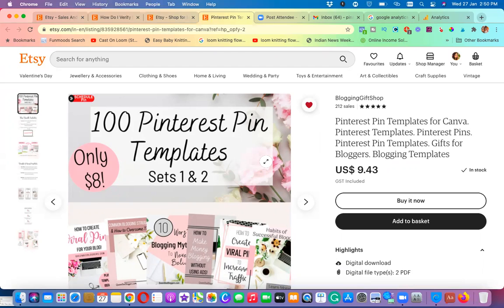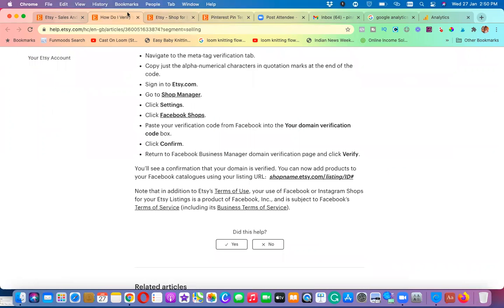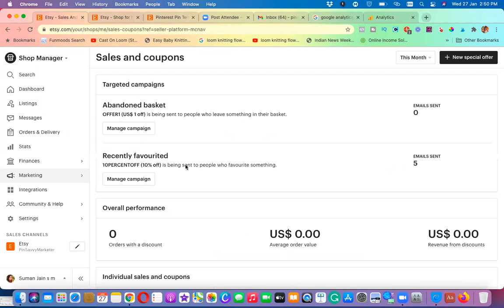It means that they like something, and that's the reason they gave this heart. So for that also we can try and promote, give them some offers. Are you getting my point?